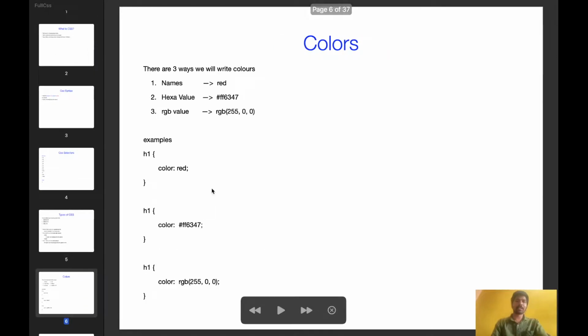Next, colors. Colors and background colors we can give like this. There are 3 different ways we can write colors. One is with a name like red, green, blue: color colon red. The second way is hexacode. Each color has a hexacode as well as an RGB code. For red, for example, this is the hexacode, this is the RGB code. Instead of color colon red, you can use color colon the hexacode, or RGB, similarly. All these 3 ways will give the same result.